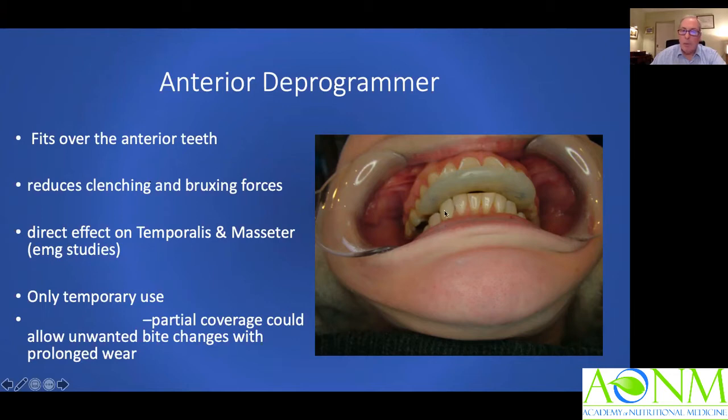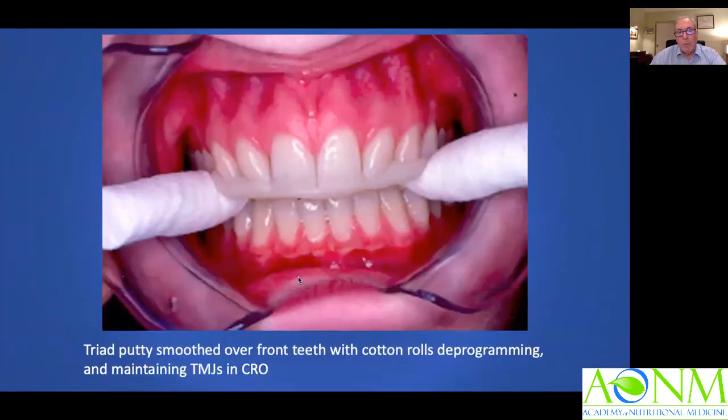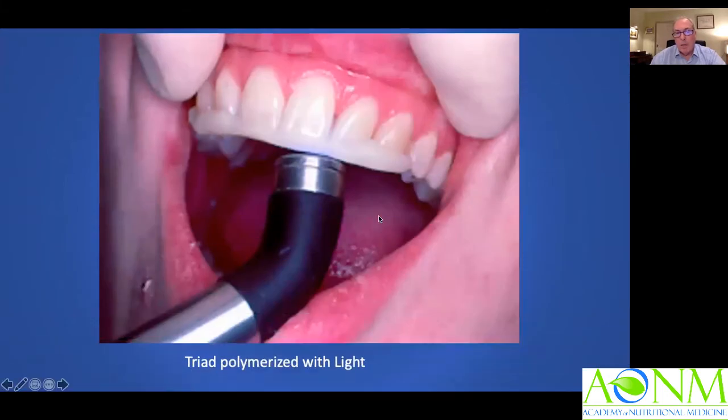It's a good emergency appliance if you're stuck in a hole and the patient comes in with a serious jaw problem and you've got 15 minutes to try and get them out of a jam. You can do that. Put some cotton wool rolls between the teeth and let the jaw relax. If you do that, the jaw joints are going to naturally seek a home position if none of the teeth are touching. The jaw joints are lubricated with synovial fluid, which is the slipperiest substance known to man, and it will slide up into position if you take the muscles out of the picture. Then you just put some Triad between the teeth and set it with a light,